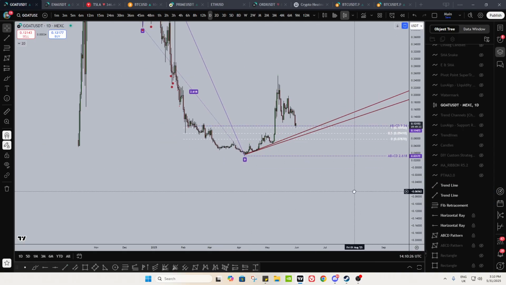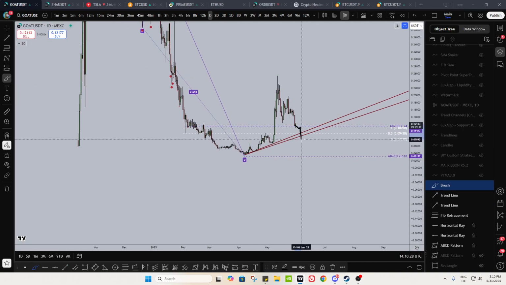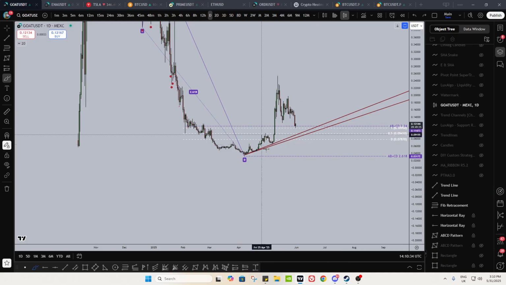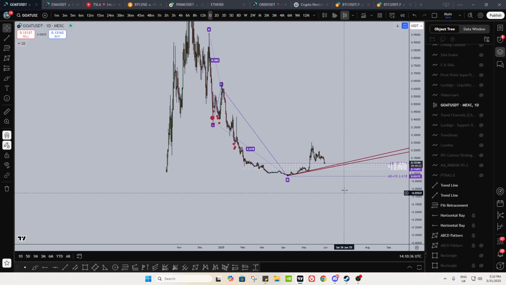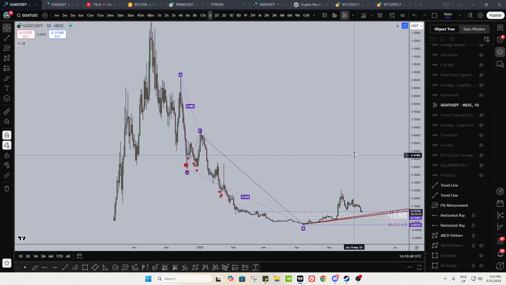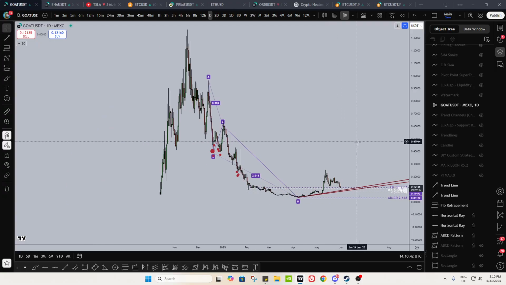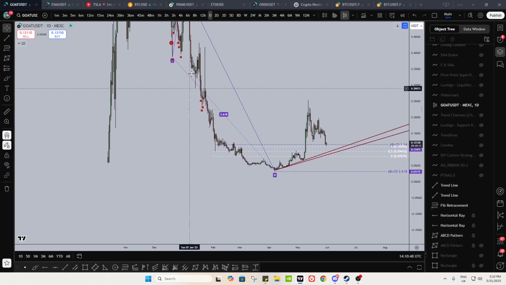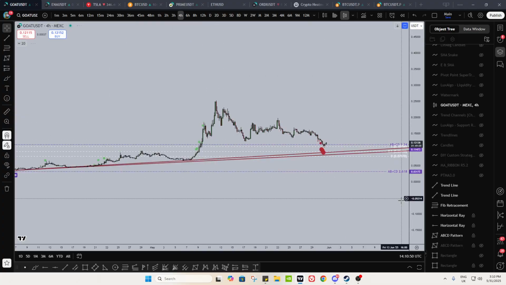There you go. There's your demand line. So we could definitely see one more flush down on this, something like this, and I would build just like a scalp to swing mindset long on these, right? Because I don't want it to be the main driver of my portfolio. Obviously, I'm not going to trade this with much size. You want to allocate size to things you're okay just holding because you've got conviction in it, right? Goat's not one of them. But now, in terms of a technical analysis perspective, you're approaching areas where you can manage your risk very well, right? That's the key thing here.